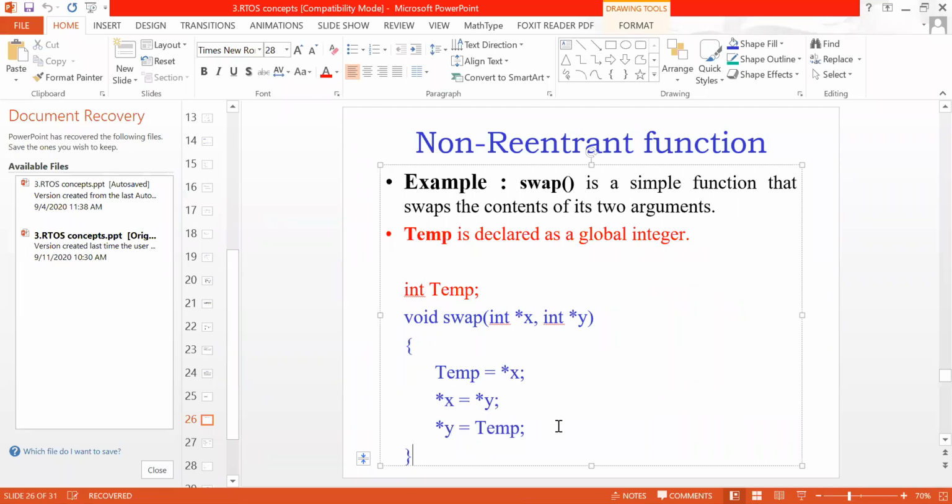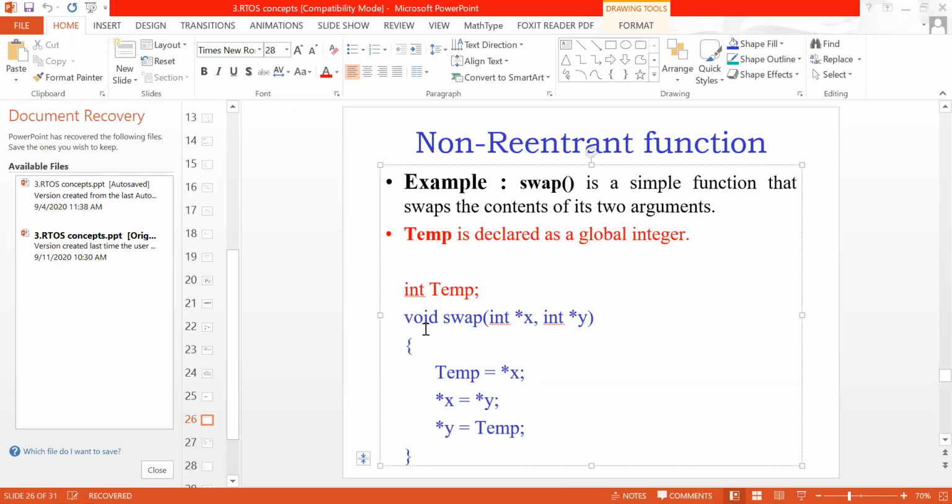First, you copy the contents of the first variable x into the temporary variable temp. Then you copy the contents of y into x. So the first data transfer is achieved. Now second, you have to copy the contents of x into y, but we have saved the contents of x into the variable temp. So copy the temp into y. This is how I can exchange the contents of x and y.